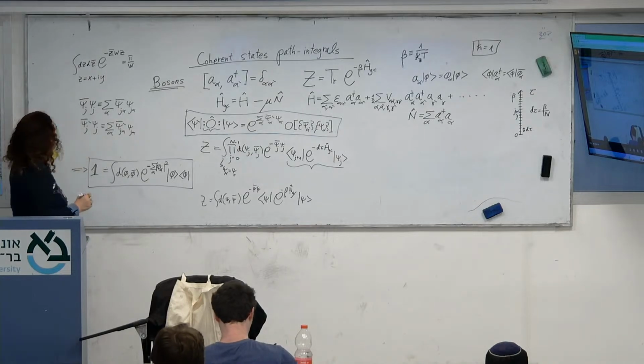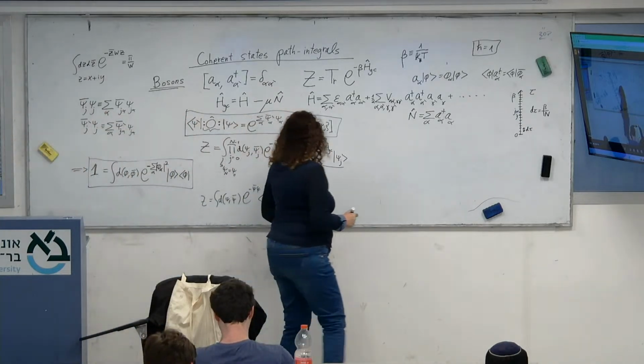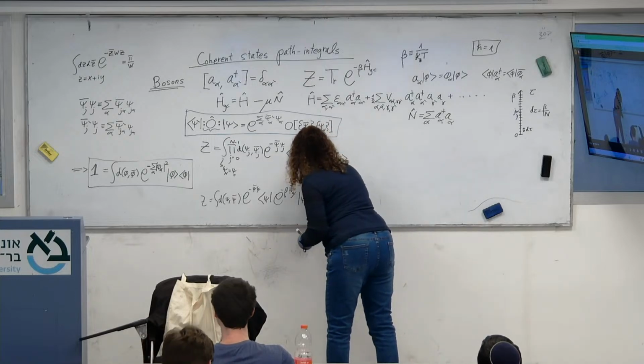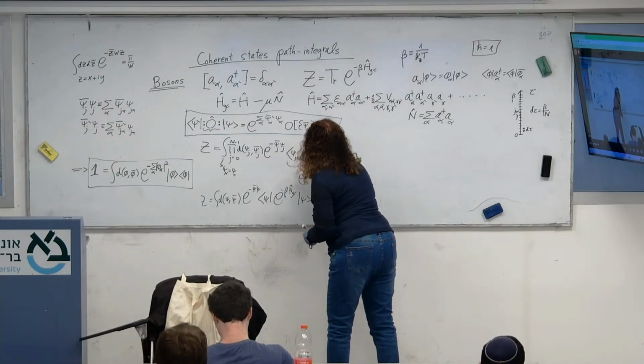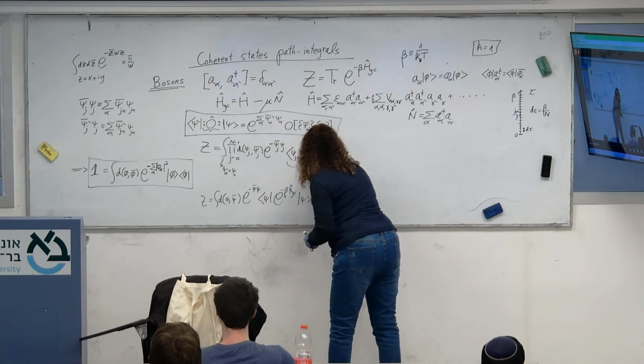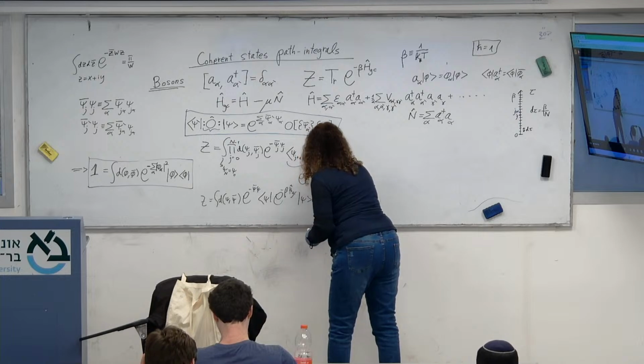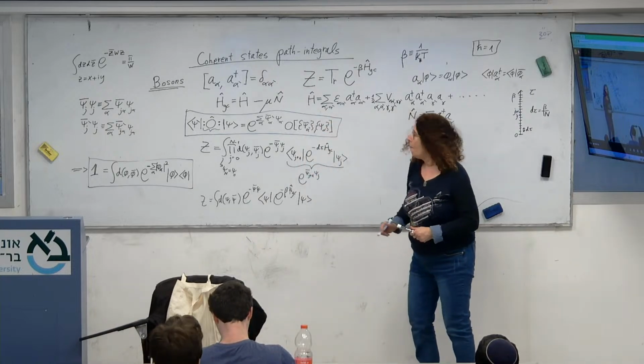Okay. So, what is this? It's e to the plus psi j plus 1 bar psi j, right? Times